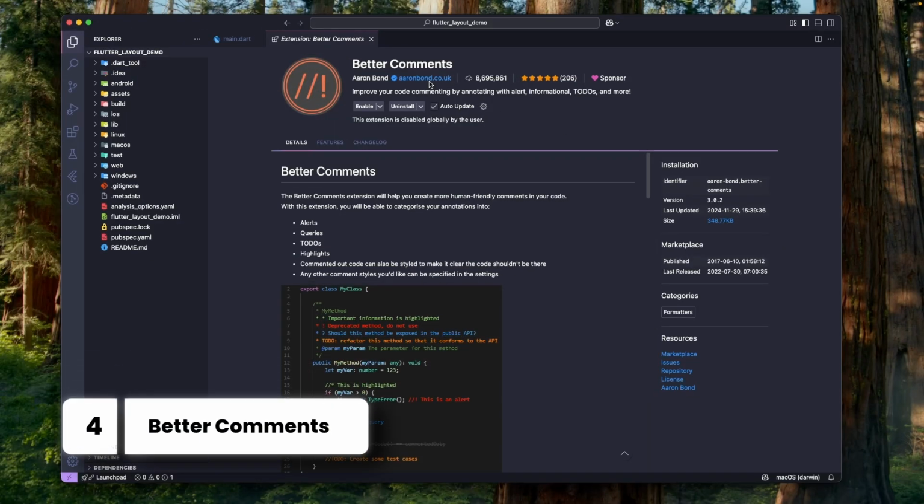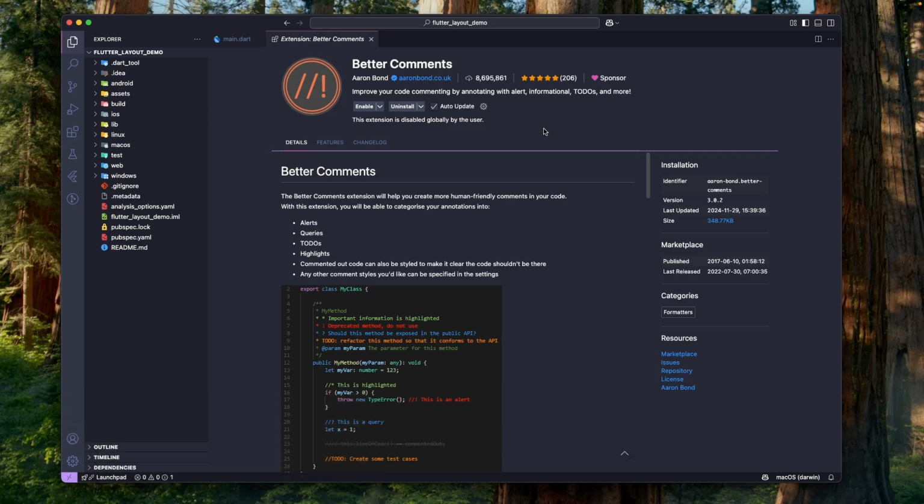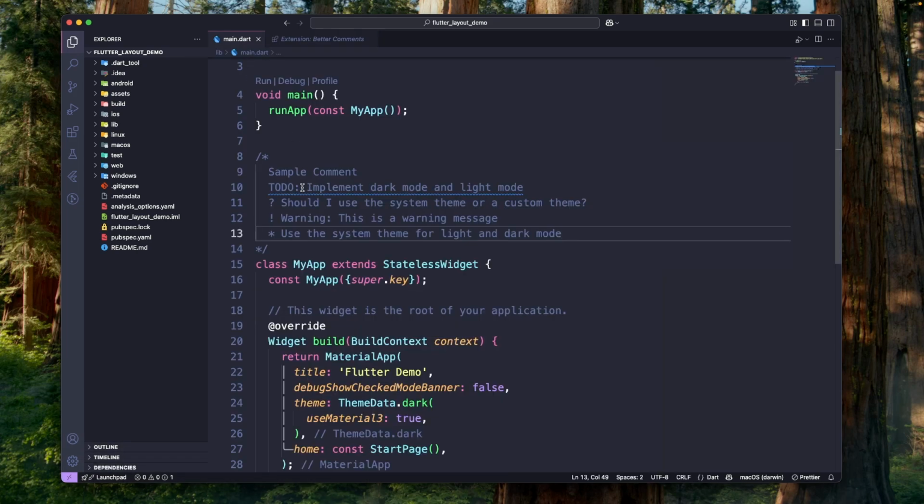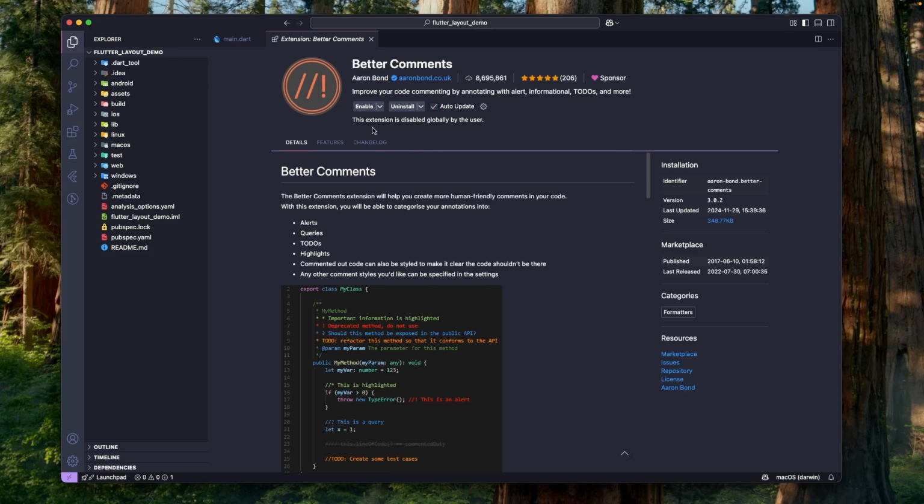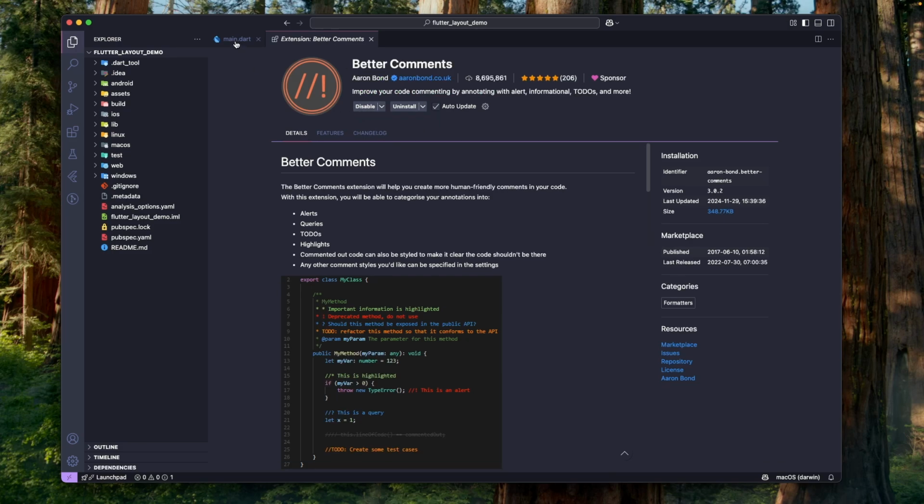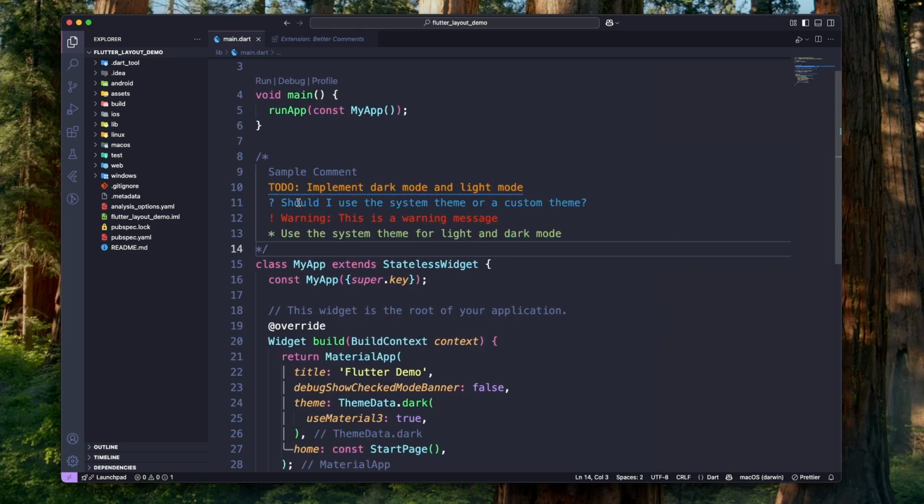On number 4 is Better Comments. This extension lets us organize our comments using colors and symbols. Let's go to the main.dart. I have added a sample comment and this is how it's looking when the Better Comments extension is turned off. Now let's go to the Better Comments extension, turn it on, and as you can see the difference, our to-do comment, then the query, warning, everything is highlighted in different color code, making our comment easier to scan, especially in